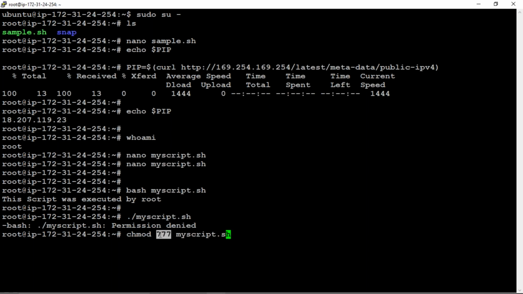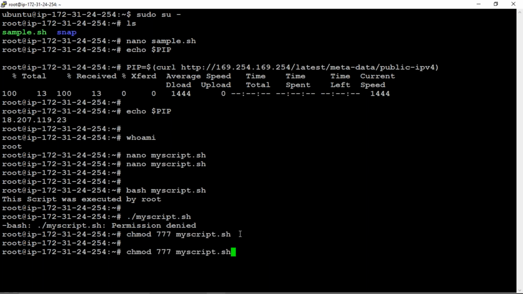You have to give only the admins or groups. So sometimes you only need to give the permission for owners only. So you can't give read write execute permissions for groups and users as well. So for owners you can give 700, right? And if you execute this one, so now it will be executed.